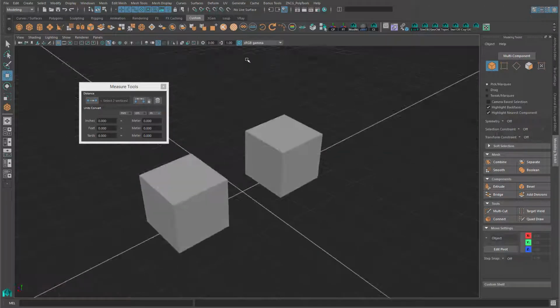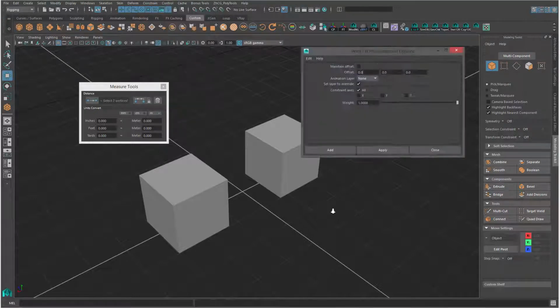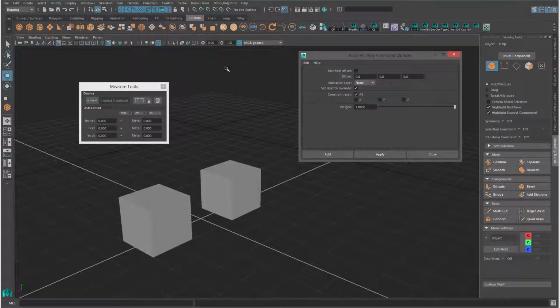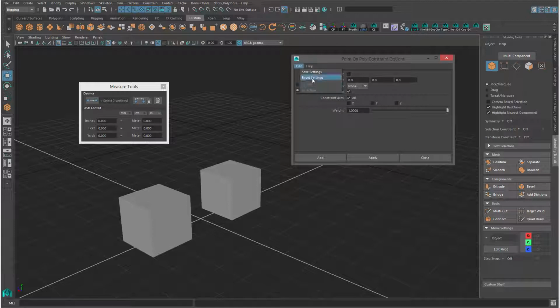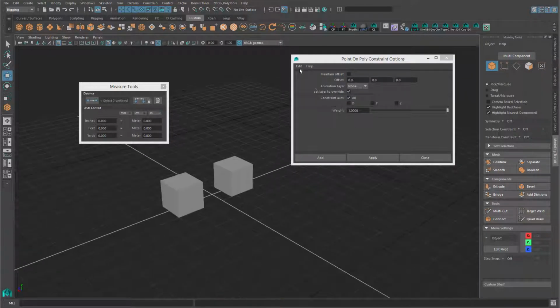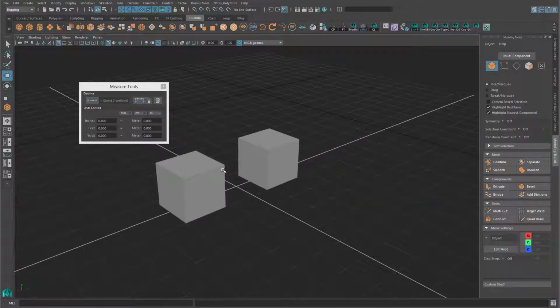Now, another issue you might encounter is if I go into rigging, into constraint and point on poly. Be sure to check: constraint, point on poly, go to options, and just reset the options, and then choose add. It will give the error, but this is just a warning, right? Nothing wrong, just to save these options. Now, what might happen, let's say I have maintain offset and then add, and then let's do the